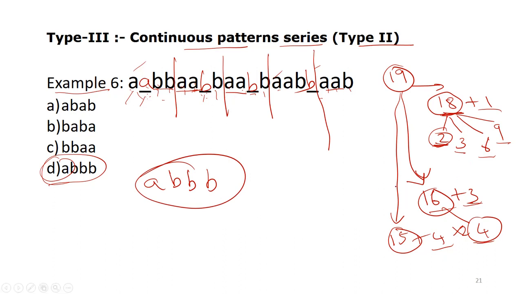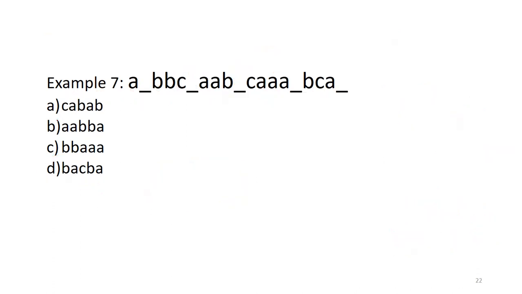2, 2 only works when you think like alternating or something. Alternating means the same pattern comes after jumping one more pattern. This is called alternating. If you don't want alternating, just expand: instead of 2, I have taken 4. This is a way of solving these kinds of questions. So let us get further perfection by going with one more example. Next example, example number 7.